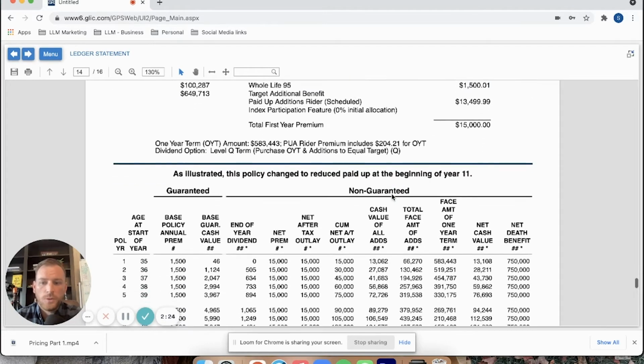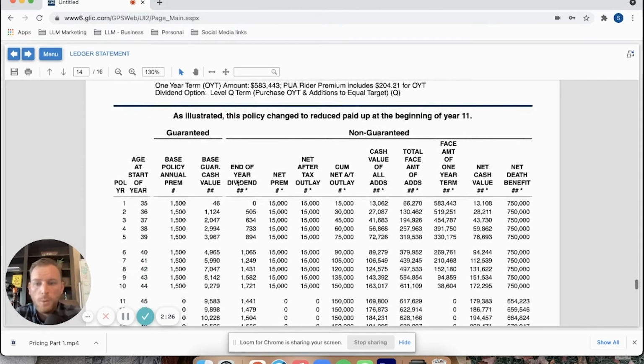As we scroll down here, we're going to look at this scenario. And what this is, is us putting in the $15,000 for a 10-year funding period. So from age 35 to 45. Now, similar to how when you buy a property and you finance it with an amortized loan, like from a bank or a lender, the expenses, the fees, the costs get front loaded on the policy or the loan itself, right? Same thing happens in life insurance policies. The costs are all going to be front loaded in the beginning years to pay for that death benefit, like we talked about before.